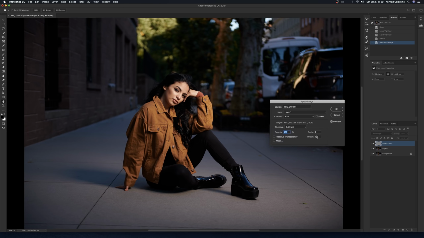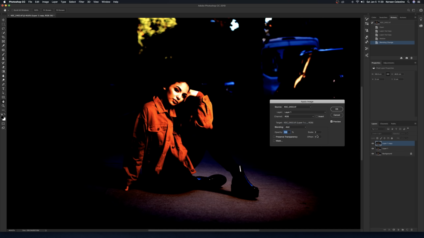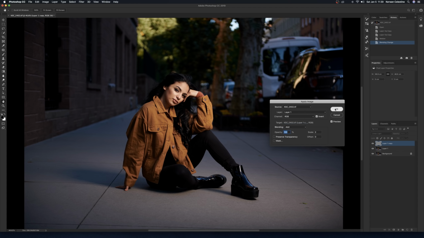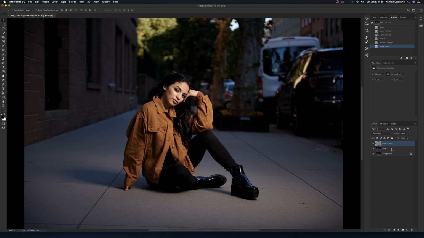Yes, and as you can see, 2, so this is for an 8-bit file, subtract 2 and offset 128. That's if you're using an 8-bit file. But I'm using a 16-bit file, so I'm going to put this back to add and invert. And you click OK. All right, and from here, I always duplicate this layer just in case I make any